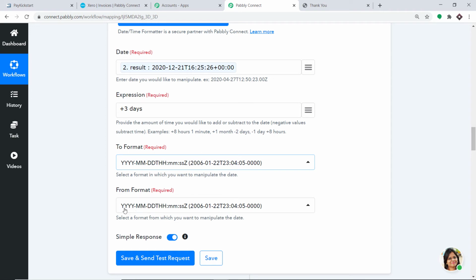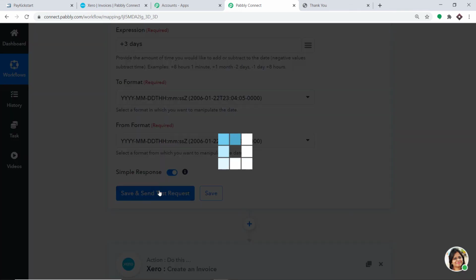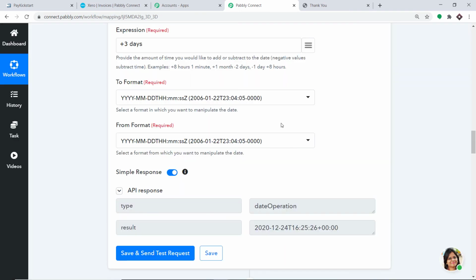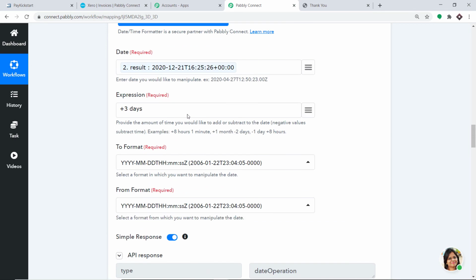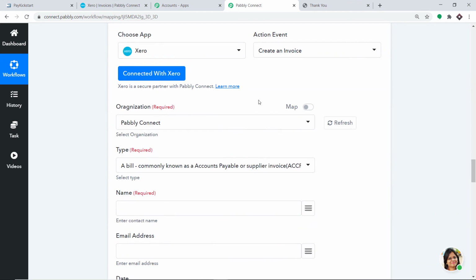The result will be available as 2020-12-24T. Excellent. Just click on save and send test request. As you can see, we have the due date as 2020, 12 and 24, that is 24 December 2020. Now we are ready to sync all the details here.